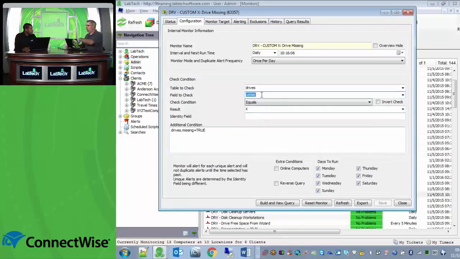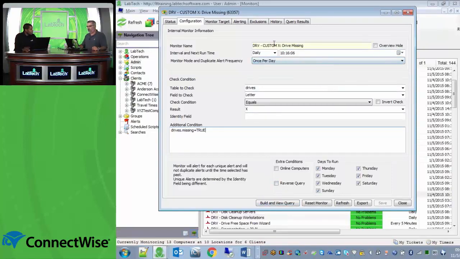So let me look for the drive letter equals X and missing equals, and I had to monkey around with true, false. I didn't know if it needed to be in quotes or wildcards. So that's part of the process. Tweak it until you get the results you're looking for. The way you get the results you're looking for, always, of course, is with the Build and View Query Results